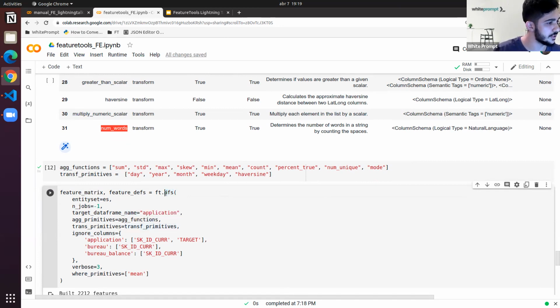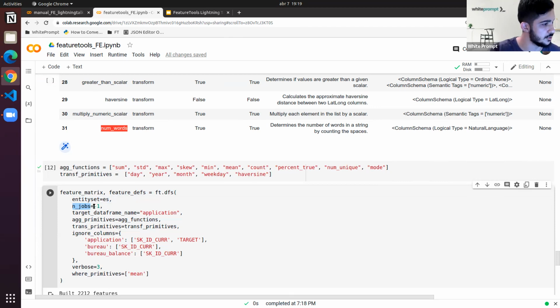So for deep feature synthesis, we need to say which entity set I want to use, which is this ES variable, and the number of jobs,